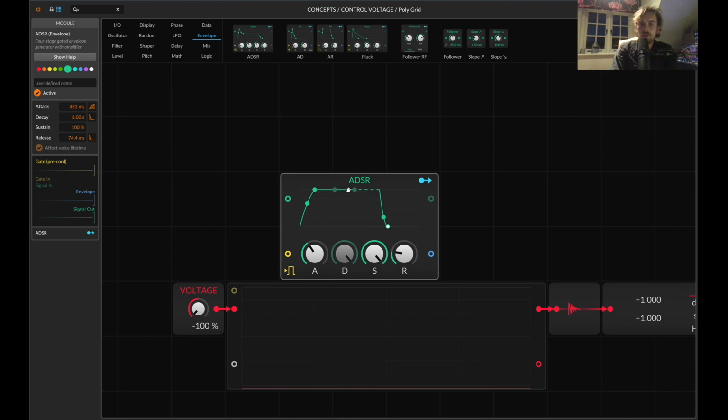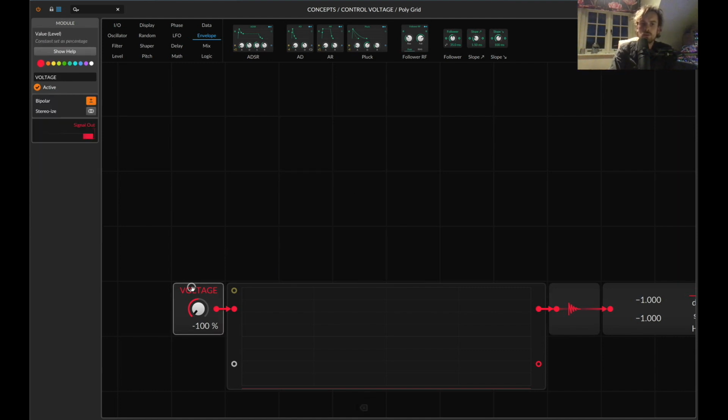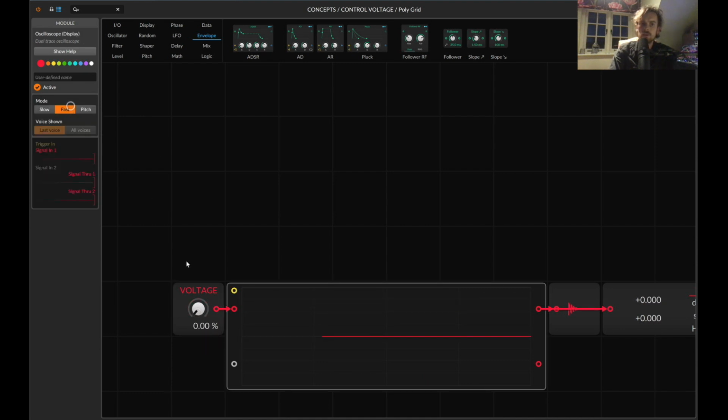Anyways, what is an envelope then? Well, if we go back to our voltage control here, if I move this up very quickly and bring it down slower, let's go back to our fast view here. What's that if that's not an envelope? Or what about that trumpet, or what about our strings, or our guitar? All an envelope is, is a change in voltage